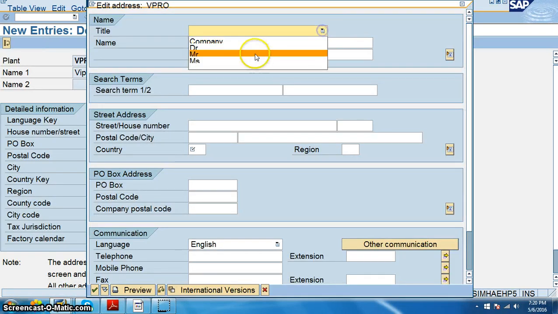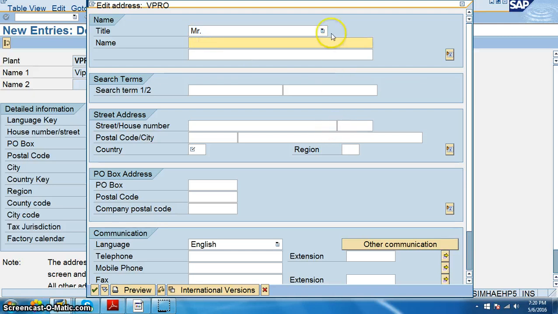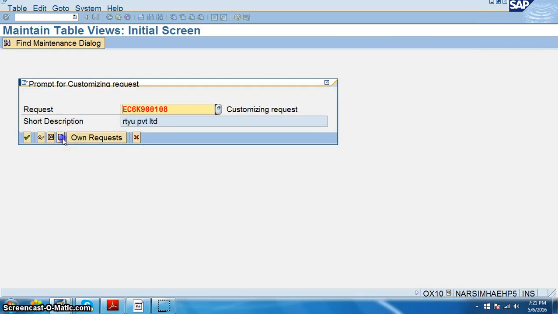And here we have Mr. or we can go for MS, John Deere, and we can fill up all these things. Street number, save, and then create.